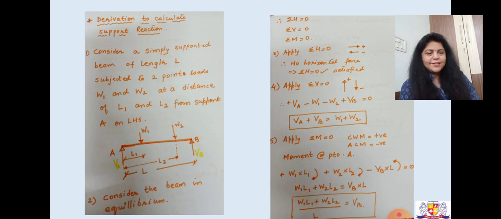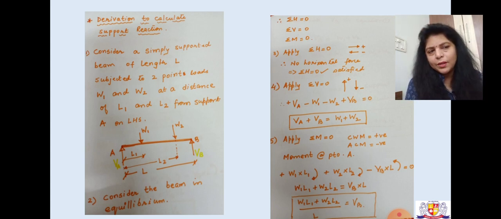दूसरा इंपॉर्टेंट पॉइंट है मोमेंट इज इक्वल टू व्हाट? फोर्स इनटू डिस्टेंस, राइट? अब फोर्स कौन सा? W1 है, W2 है, बट डिस्टेंस कौन सा? सो डिस्टेंस कौन सा होगा? लाइन ऑफ एक्शन से लेके पॉइंट जहाँ पे हम मोमेंट कैलकुलेट कर रहे हैं। हम मोमेंट कहाँ पे कैलकुलेट कर रहे हैं? हम मोमेंट कैलकुलेट कर रहे हैं अबाउट पॉइंट ए। दैट मीन्स जितने भी फोर्सेस हैं उसका डिस्टेंस मुझे कहाँ तक लेना होगा? पॉइंट ए तक का। जैसे W1 है तो उसका डिस्टेंस क्या होगा ए तक? L1। W2 है, उसका डिस्टेंस क्या होगा ए तक का? L2। रिएक्शन VB, उसका डिस्टेंस क्या होगा पॉइंट ए तक के लिए? L।